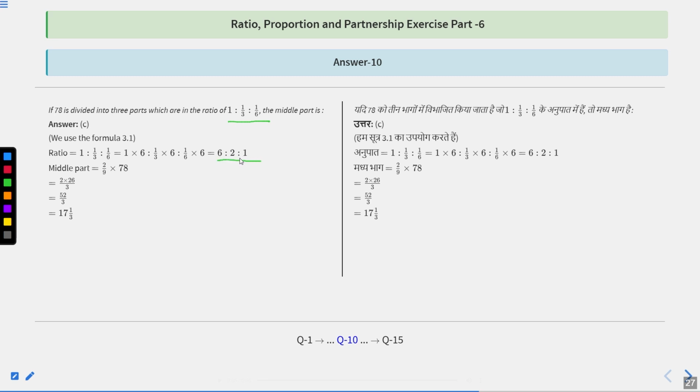Now what is the middle part? The middle part is 2, and the total, when we add 6 plus 2 plus 1, is 9. So 2 upon 9 multiplied by 78. When we solve it, we get 17 and 1 by 3. Clear? So next one is,